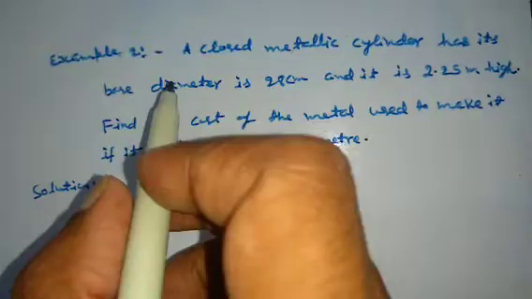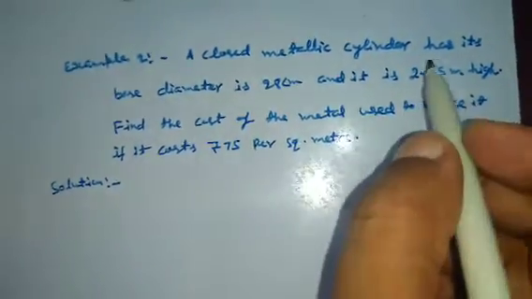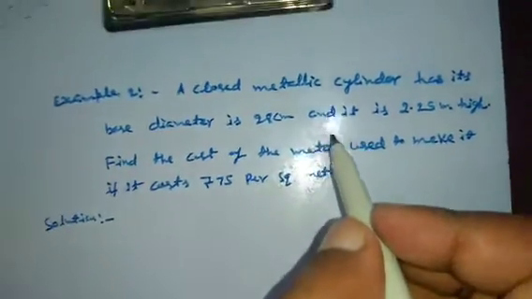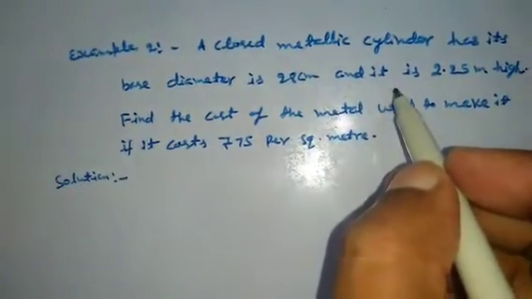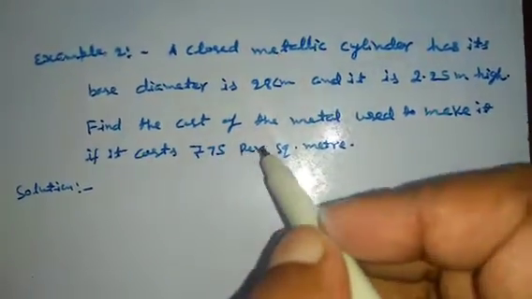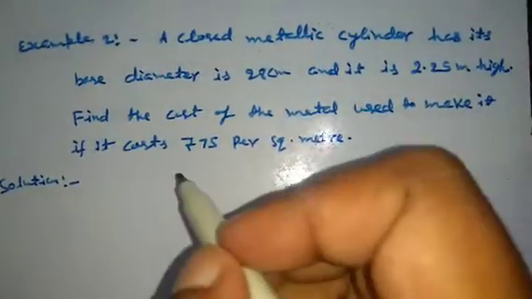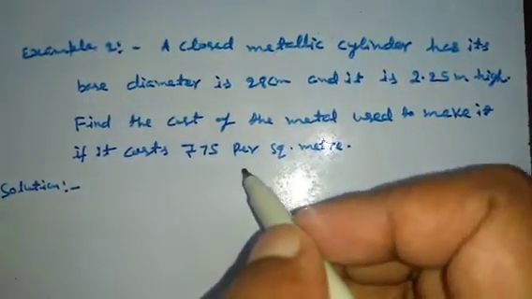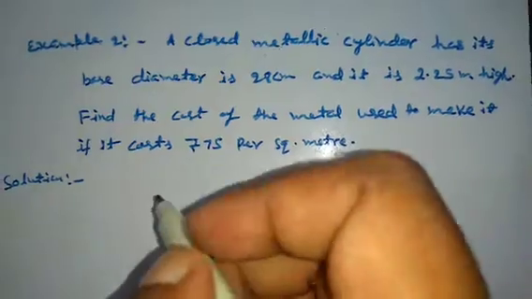Example 2. A closed metallic cylinder has its base diameter 28 centimeter and it is 2.25 meter high. Find the cost of the metal used to make it, if it costs rupees 75 per square meter. Solution: